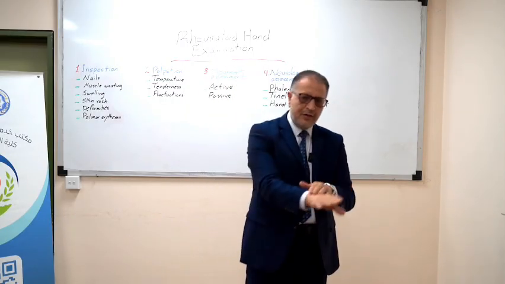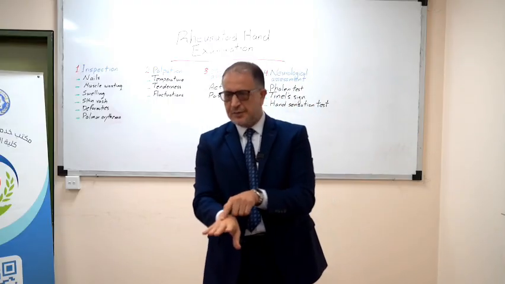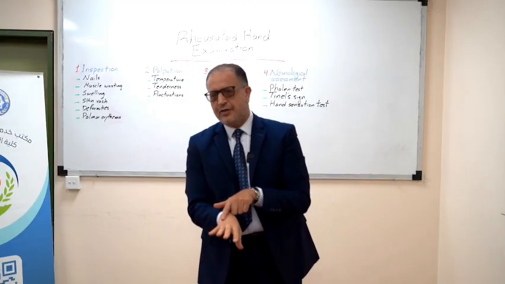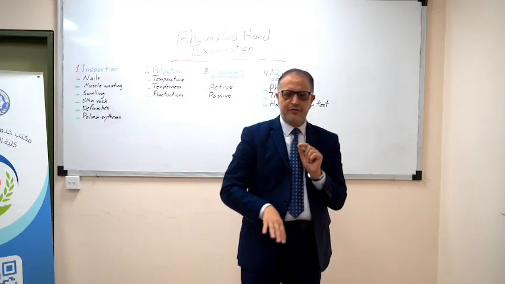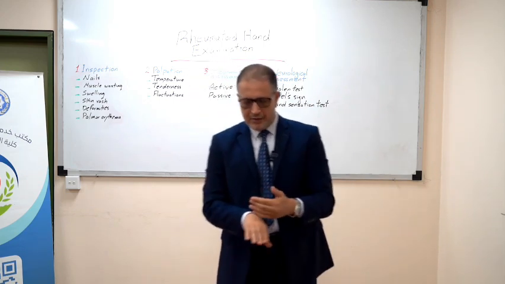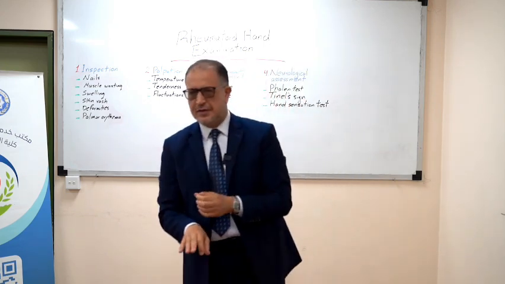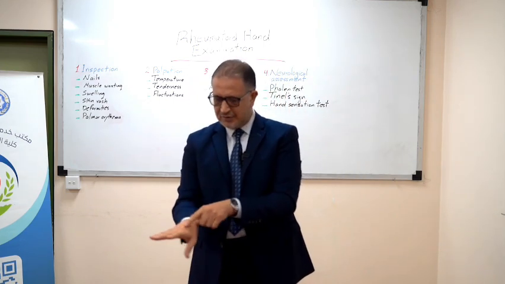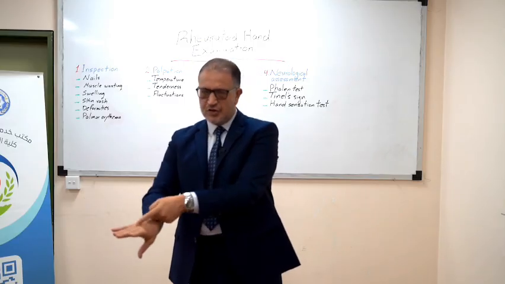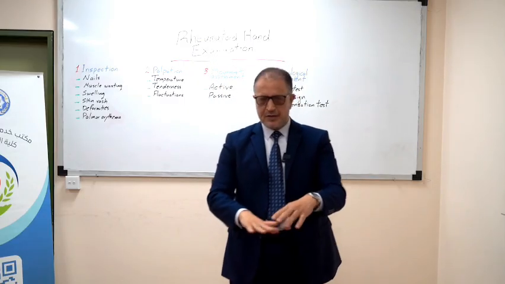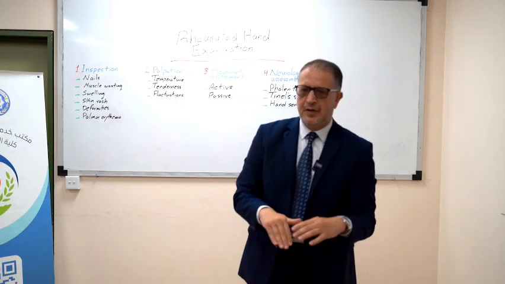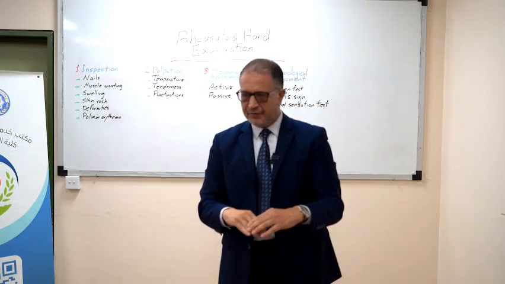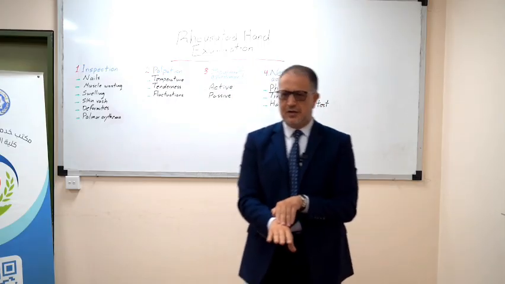The muscles of the hand. We have the thenar muscle. Be aware that the examiner will ask you about the names. Most of the students don't know the names of the muscles. The proximal muscle is called the thenar muscle. This is the interossei, and this is the thenar muscle. And the small muscles in the fingers are called lumbricals. We have lumbrical muscles here, and this is the thenar muscle. Okay. First thing,